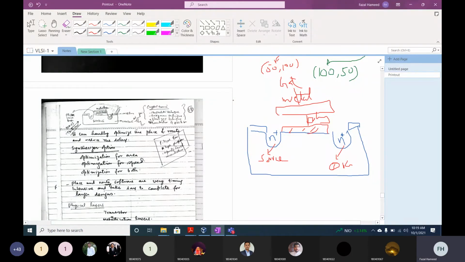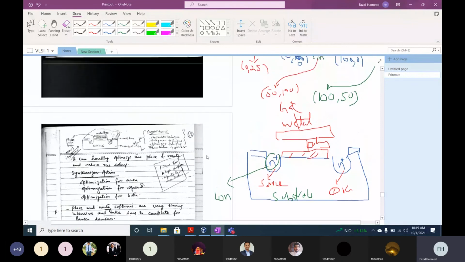Okay. So if you look at a transistor at a more detailed level, it consists of many layers. On the bottom there is substrate, and there is also some ion implantation in the source and the drain.